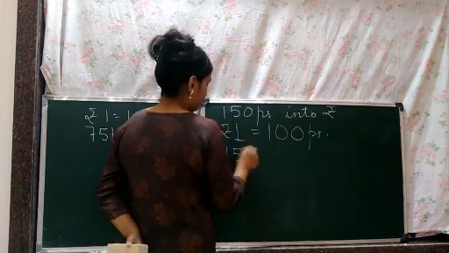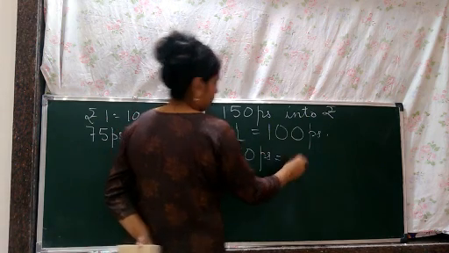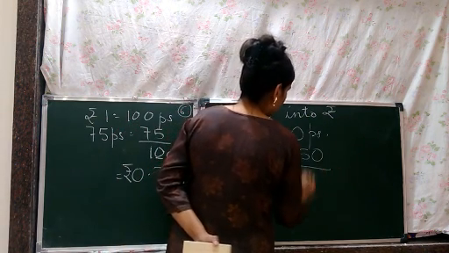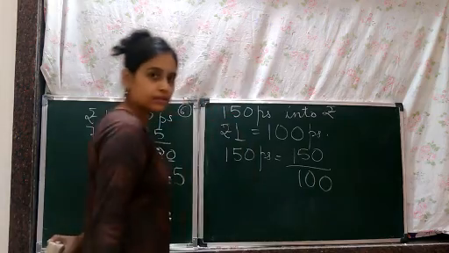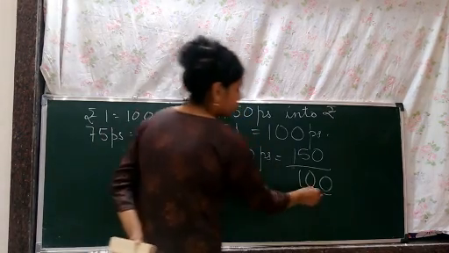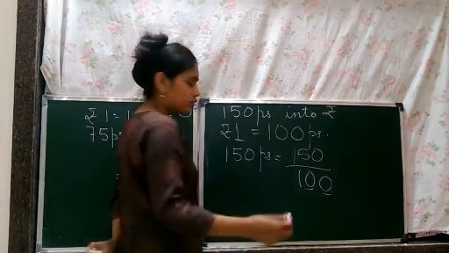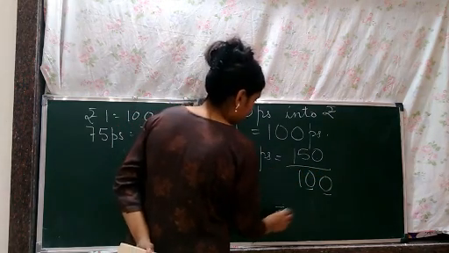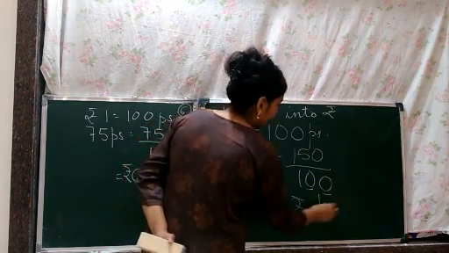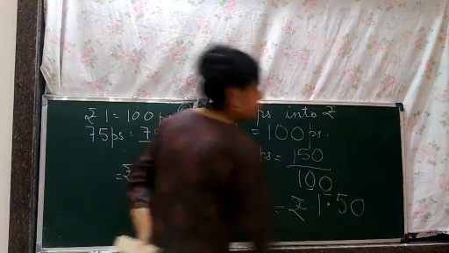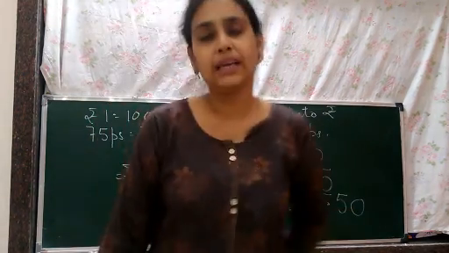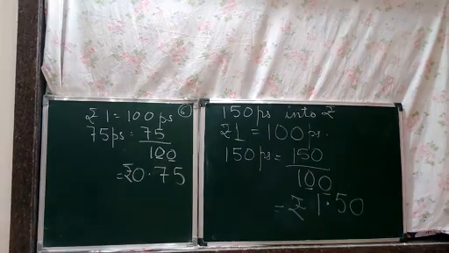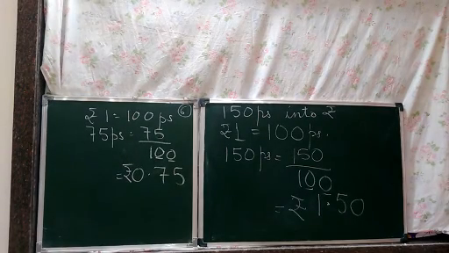So 150 paise will be 150 divided by 100. Correct? Now 2 zeros, 2 decimal places. So the decimal will come here. So it will be rupees 1.50. So this is an application, or you can say a usage of